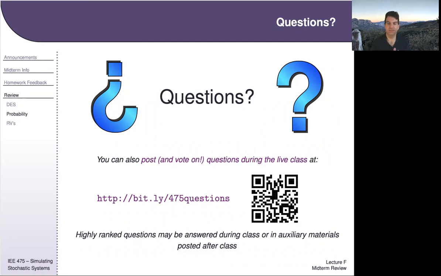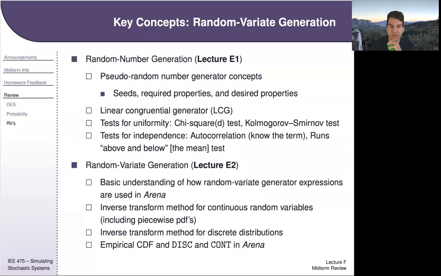Okay, got about 6 minutes left. Random variate generation, I already kind of beat you over the head with all of this stuff, so I'm not going to dwell on this now. If we do anything here in class, I think it'd probably be good to see things like the chi-squared test and the KS test and the runs test again. So I'm just going to quickly jump ahead here, but if you'd like to ask any questions about